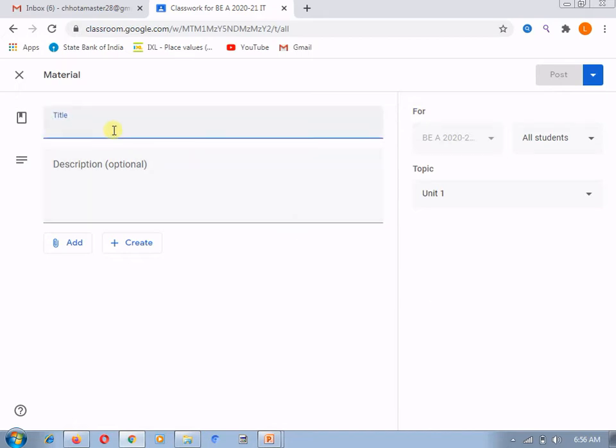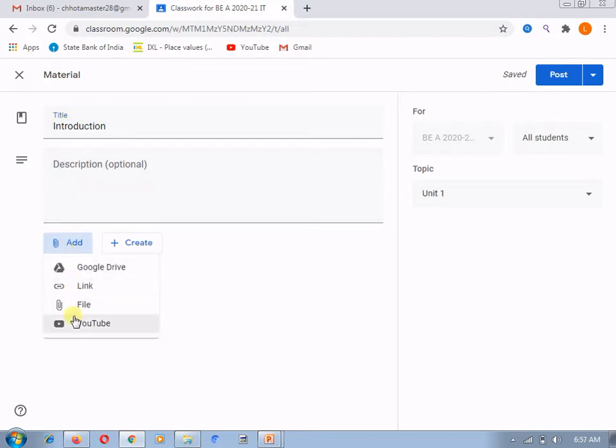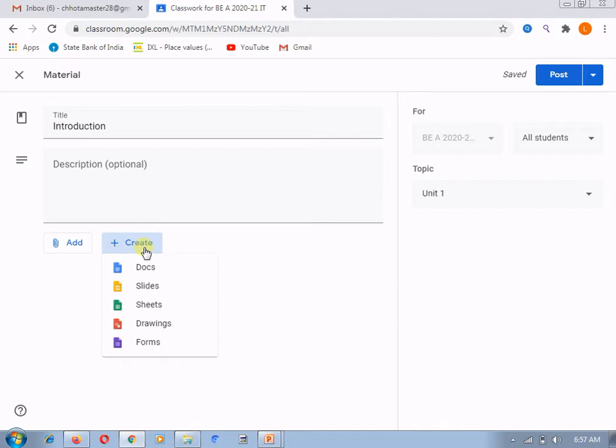So now unit 1, suppose the topic is introduction. If I want to post a PPT or a PDF or a Word document or different video sessions, all that you can do with the help of all these options. Or if you want to create your own document, that also you can create with this create tab, under the document. You can type the things which are there in the introduction from unit number 1.